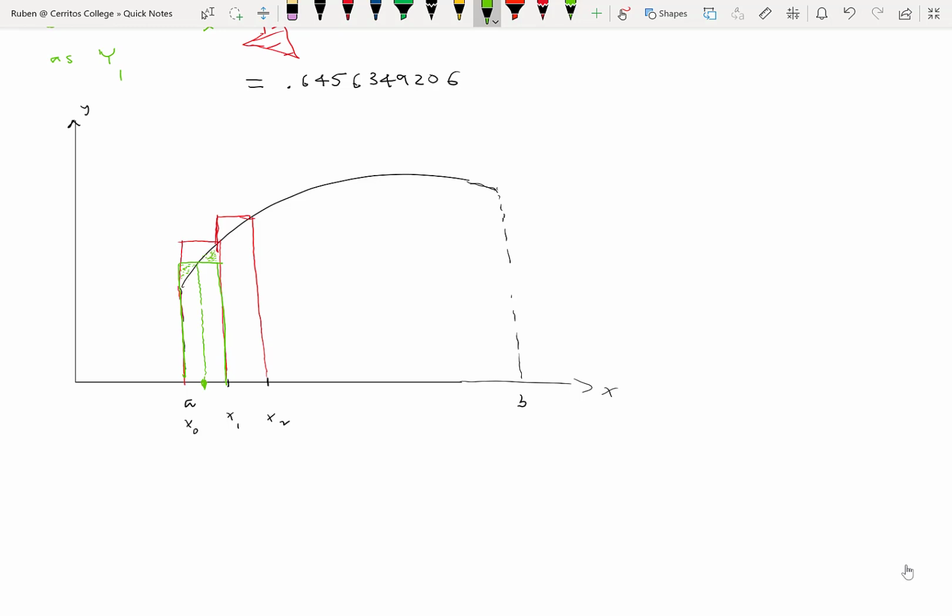In the left half of the rectangle, we're getting an overestimate by a certain amount, and we're not getting enough area in the second half of the first rectangle by a certain amount. We're kind of canceling out the error, and this is actually what's going on. By using the midpoint, we are effectively canceling out a whole bunch of the error that's produced in the right and left-hand approximations. This method that we'll call the midpoint rule is actually one that's used in industry because it is, relative to the left and right-hand approximations,